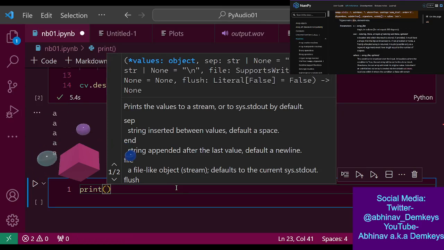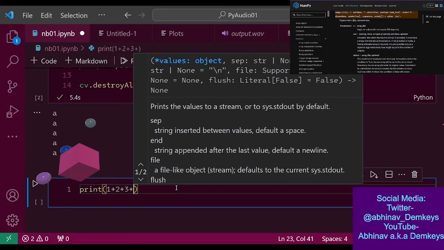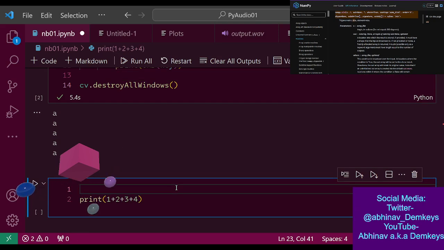So let's say I have 1 plus 2 plus 3 plus 4. Let's do A equals this, and then we divide that. Oh, all of this needs to be floats. We divide by the number of samples, but first try to get the absolute value, since it can range from -1 to +1.